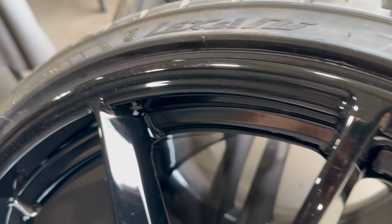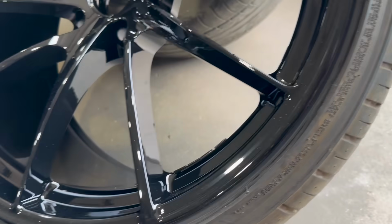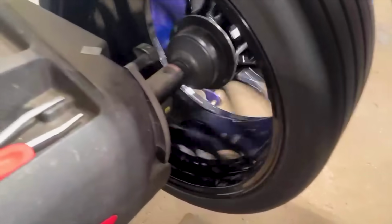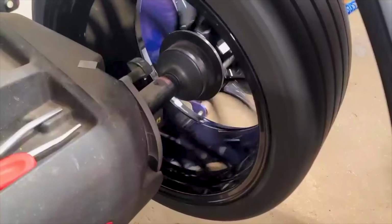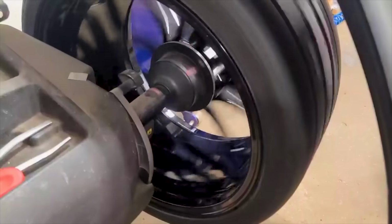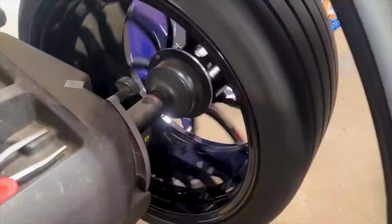And here's the aftermath. Now, the company did an awesome job fixing this wheel and making it look brand new again, but unfortunately when we went to balance it, the wheel was too far gone to repair. The hub was actually warped. So not only was the wheel oval shaped, but the hub was warped internally, so it actually rocked side to side. Unfortunately, because this is a high performance car, this wheel is junk,